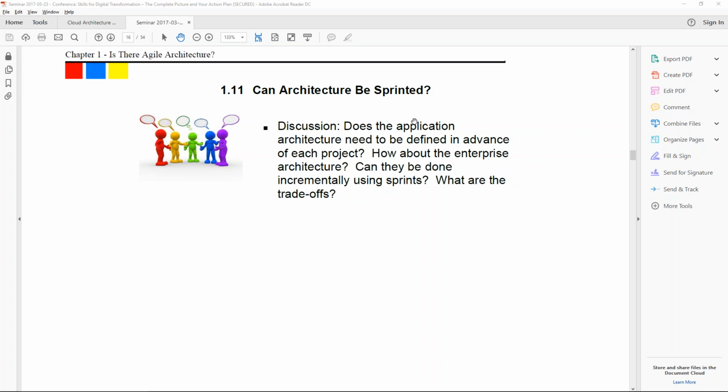If you talk to Agilists, and this includes highly technical Agilists, and I'll place myself in that category as well. Do I need to define the application architecture in advance? Short answer is no. If I am building a system, most systems, not all systems, most systems,